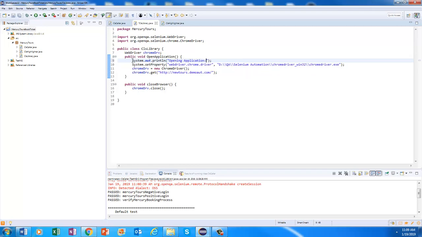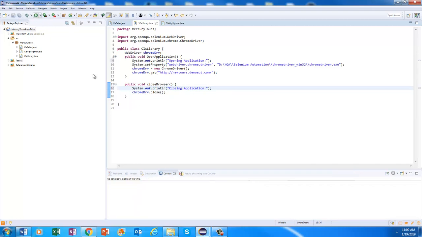And then in the other method, we are closing application. So now if you execute,